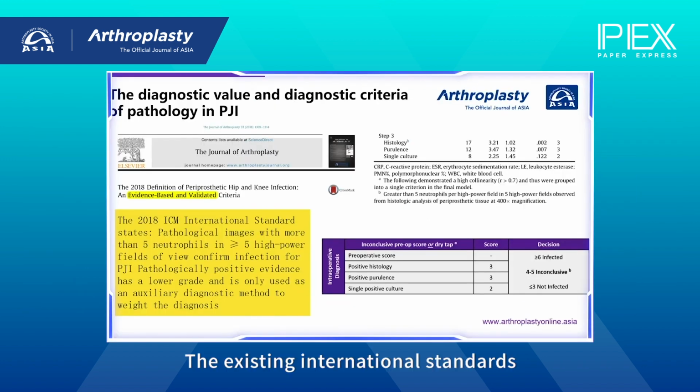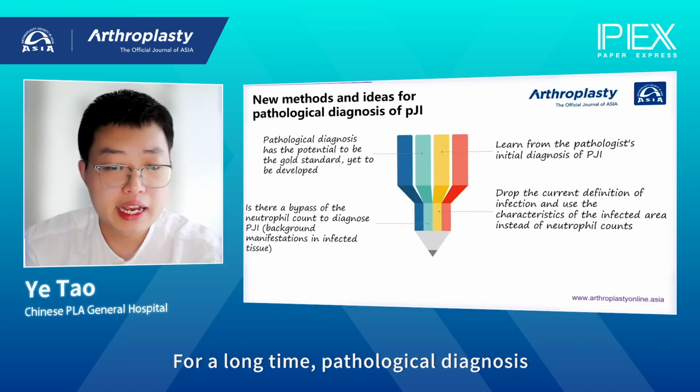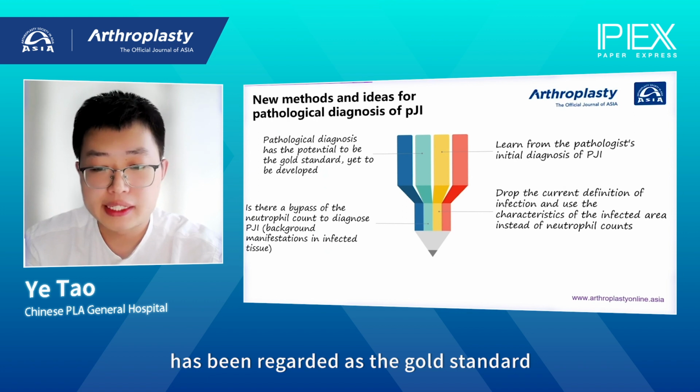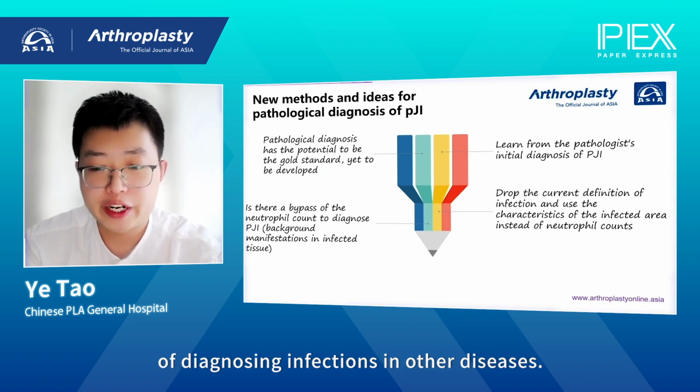The existing international standards use neutrophil count to diagnose periprosthetic infection in joints and face many problems, such as inaccuracy, low diagnostic value, and that it cannot be used as a gold standard. All of these documents mention pathological indicators for diagnosing PJI. For a long time, pathological diagnosis has been regarded as the gold standard of diagnosing infections in other